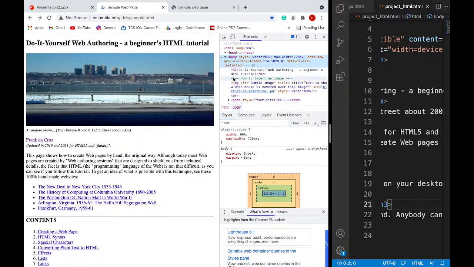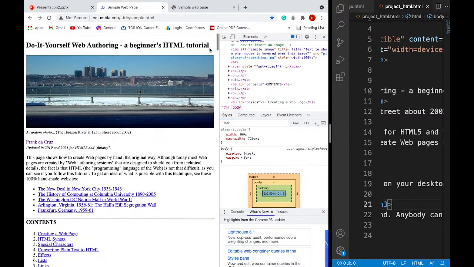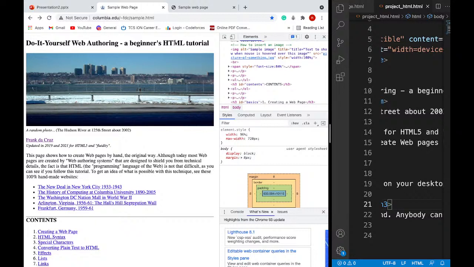Now, let's see, these are the comments. He's just telling how to insert an image, and the BR tag. If we do not give a BR tag, then this image will be placed on the side of the text, and rather than being given in the next line, it will be placed in the same line of the present text. So for the image to be given in a new line, we are mentioning the BR tag,